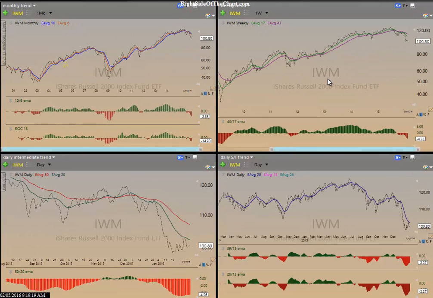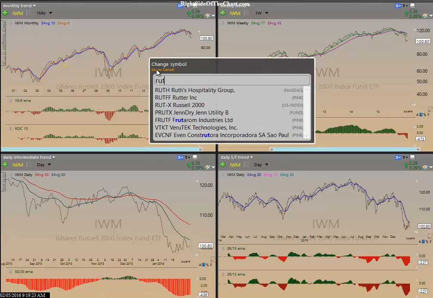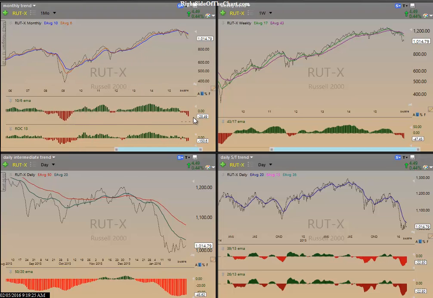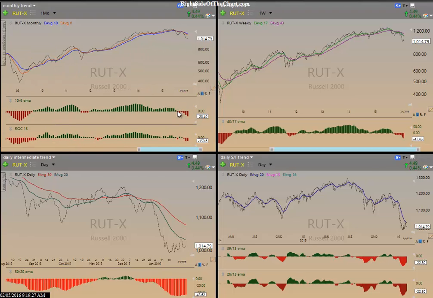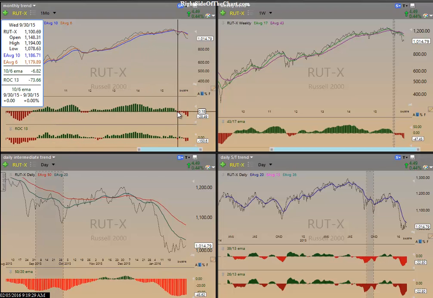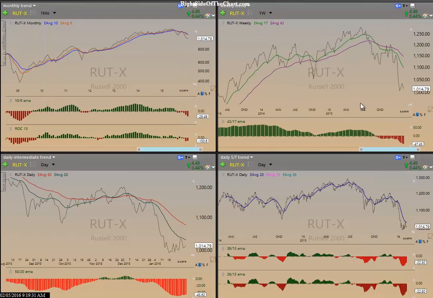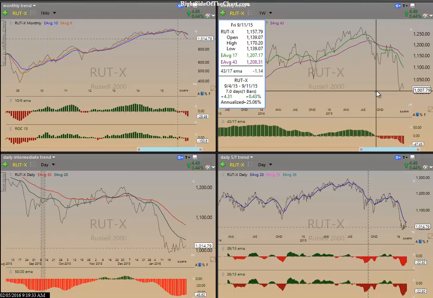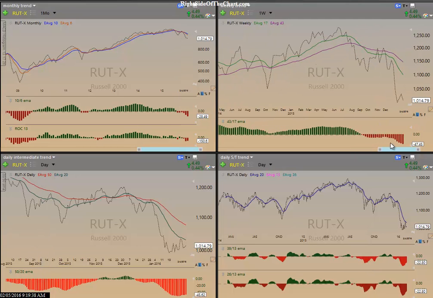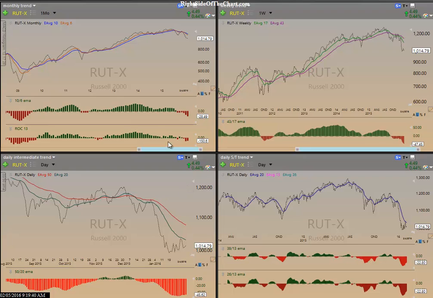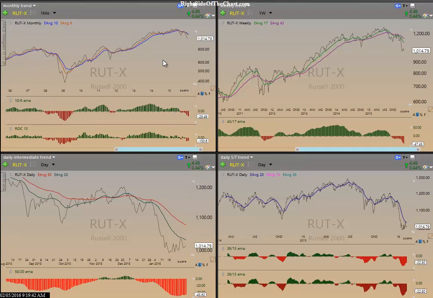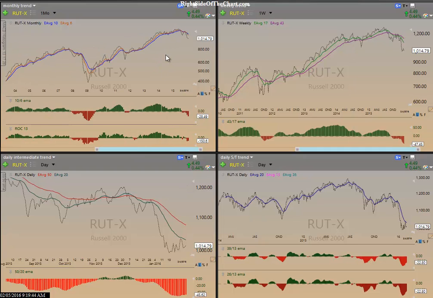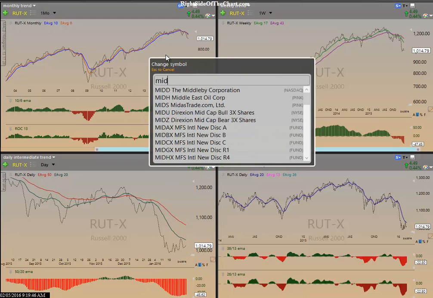All right, let's not do too much more. IWM, small caps. We can look at it either way. You can look at the index, the Russell 2000. You can see for many months now, we've had even the monthly indicators on sell signals. The weekly long-term trend indicator went way back in September, and the Russell is very, very well entrenched in a bear market, by these metrics, by these trend indicators. Mid caps are an important